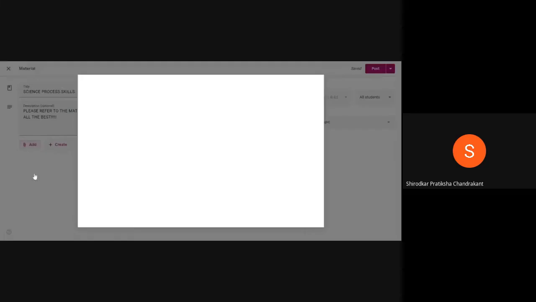When you click on File, it will take you to an interface wherein you can select files from your device. Like you have a material ready with you, a PDF file, a Word file, or a PPT which is saved in your device. So when you click on File, you can drag a file from your computer and upload it on Google Classroom, or you can select a file from your device by going to the respective folder and pasting it here.